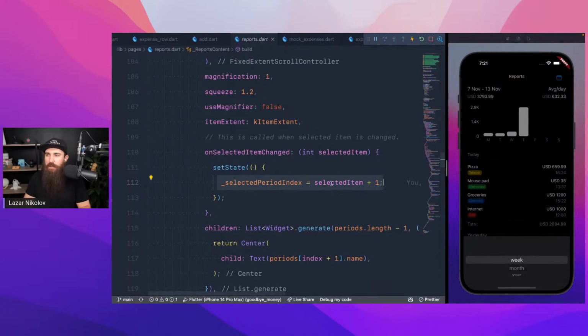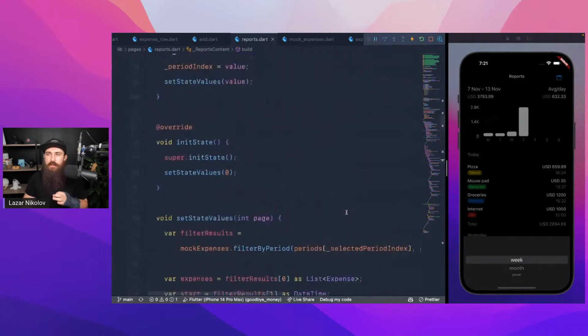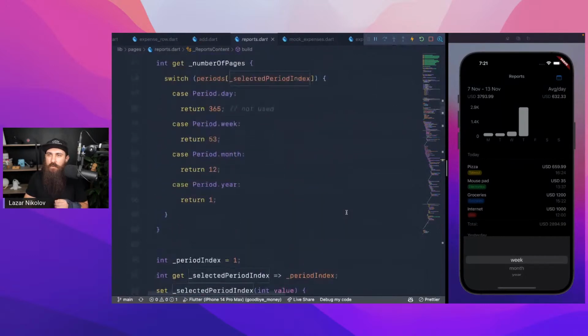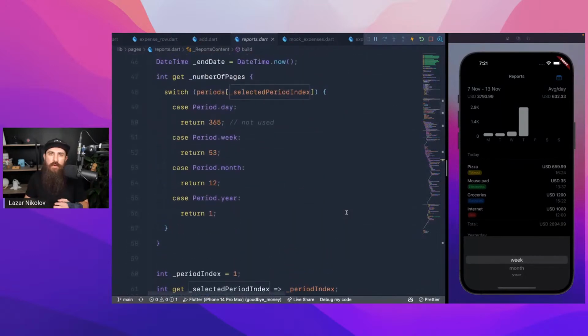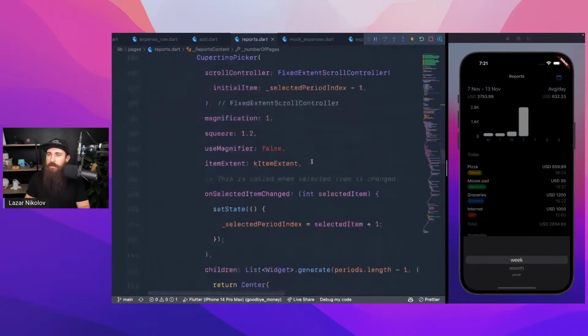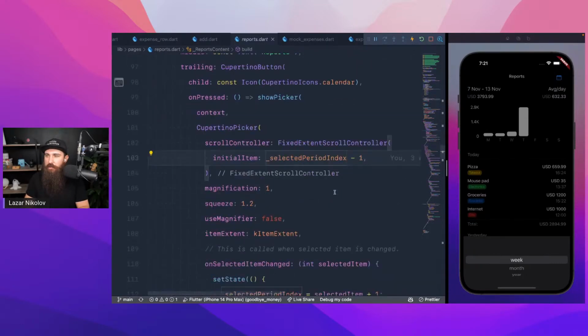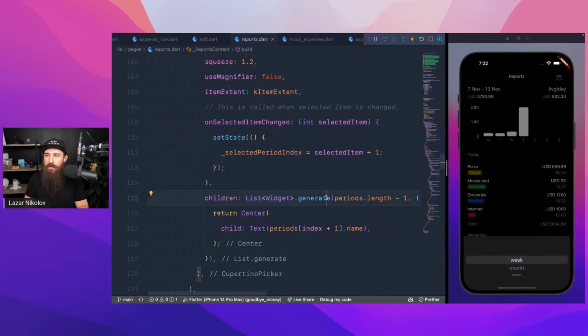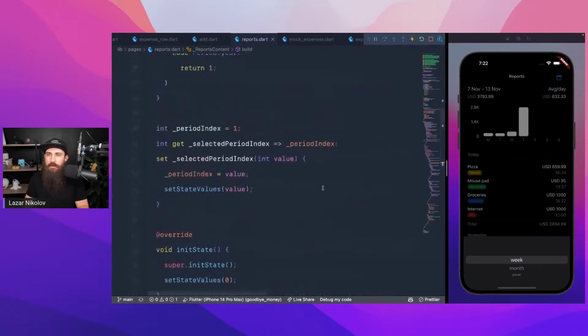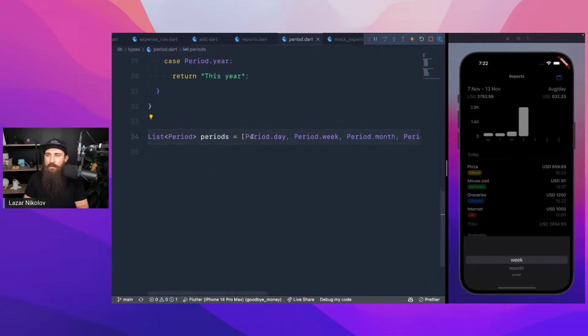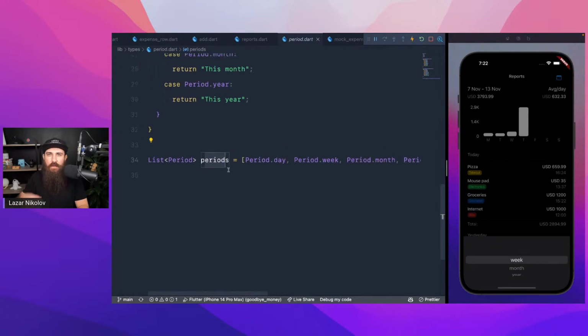For example, if we select the first one, by the way, I'm offsetting this by 1 because the selected period index by default, like number 0, it's not a bug, it's a way to optimize things, but it's never gonna be 0 because we don't want to show the days. And this is dirty, and I have to offset it by +1 because I do a List.generate on the periods, and the periods are actually, there we go, day, week, month, and year. I also use this variable in another place, but if I were to refactor it, I'll just make a new list for reports